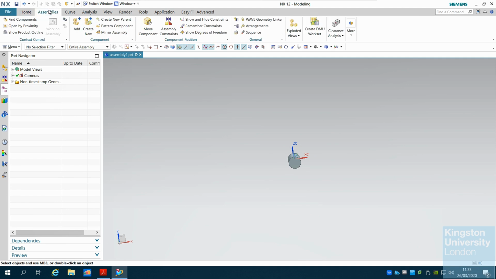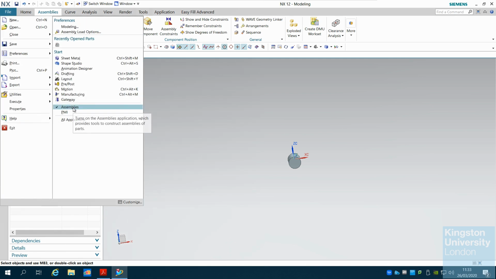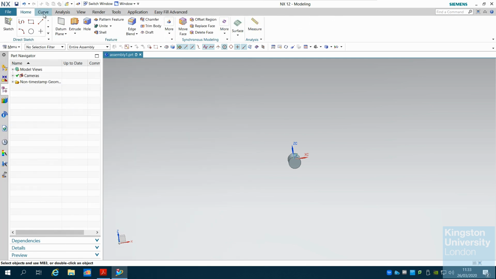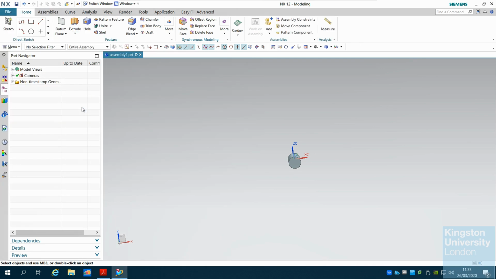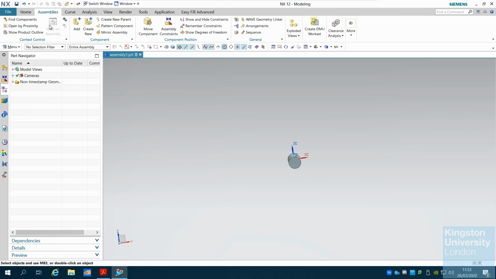Be very careful. If you cannot see the assemblies, you can go to files and tick this one. You see, if I untick it, you cannot see the assemblies. So files and tick assemblies. So go to assemblies, add the new component,